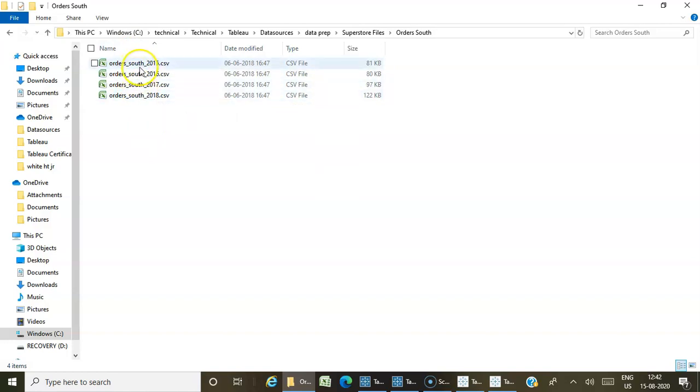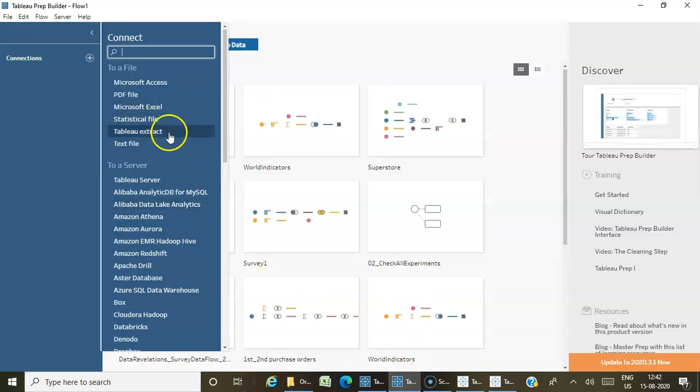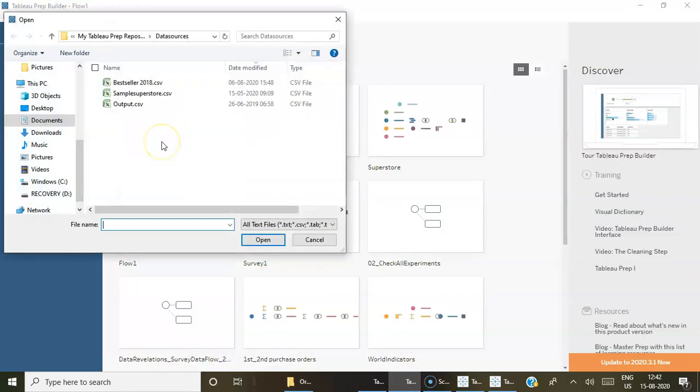If you see, these 4 files have the same structure. When the files have the same structure, you can directly go for union. Okay. So let me click on the text file.